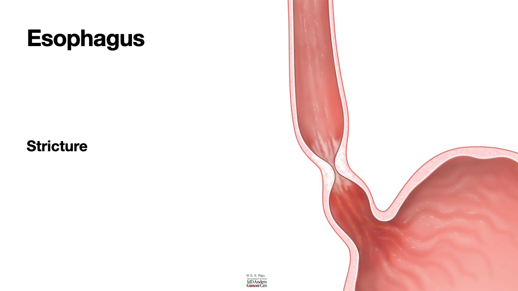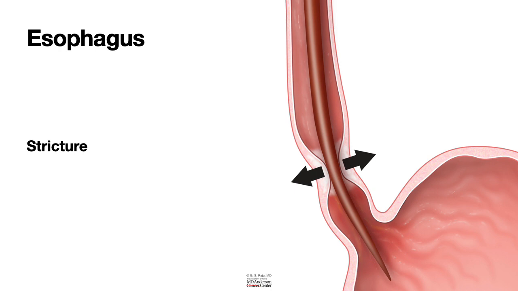When there is a stricture, the food will have difficulty going down the esophagus, and the patient may complain of difficulty swallowing, otherwise known as dysphagia. So you can help this patient by stretching that esophagus, otherwise known as dilation, and you could use a bougie to dilate, otherwise known as bougie dilation,